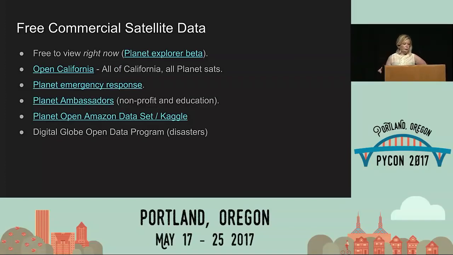We have Planet Explorer Beta, which means you can go and see everything that we pull down. There's also our Open California dataset. You can get anything in California. We give away anything for emergency response. We have an ambassadors program, so anybody who works for a nonprofit or an educational organization can get a limited amount of free satellite